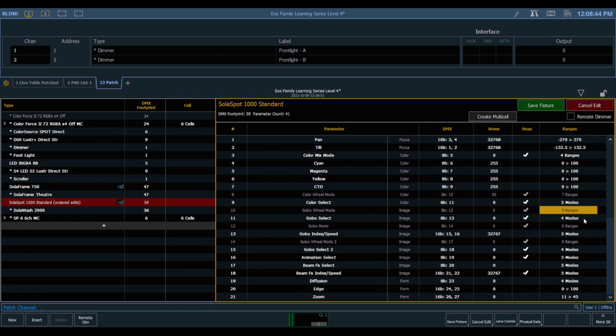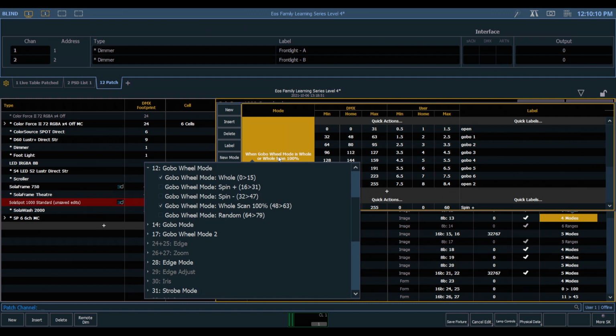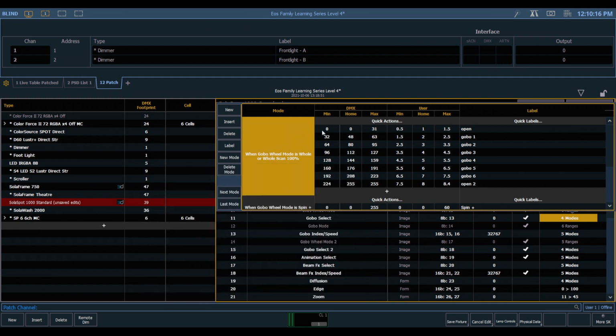This one has 4 modes. If we click into here, on the left side of our pop-up, we see the different modes. What this does is when you're using the gobo select parameter, the first thing the console does is check to see what the gobo wheel mode parameter is up to. If I click on the mode here, if gobo wheel mode is in whole or whole scan, then these are the parameters we have available.